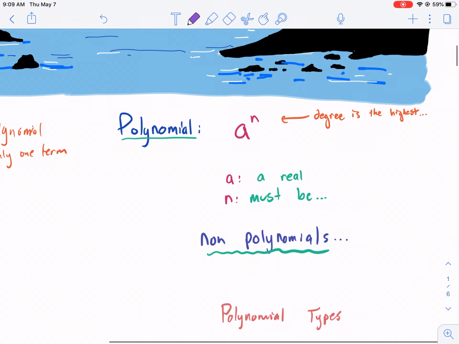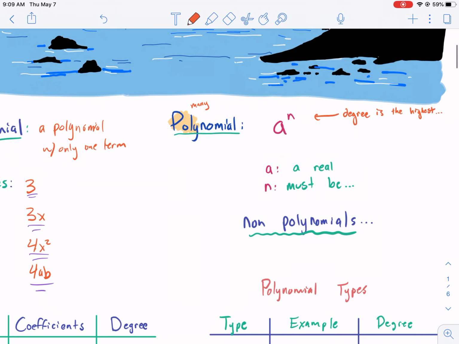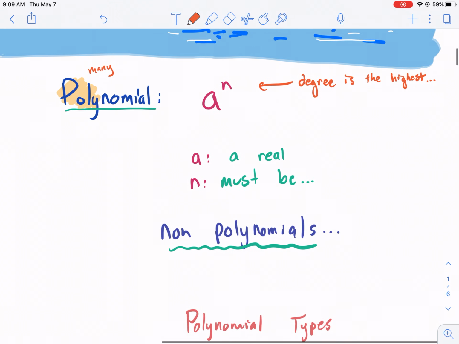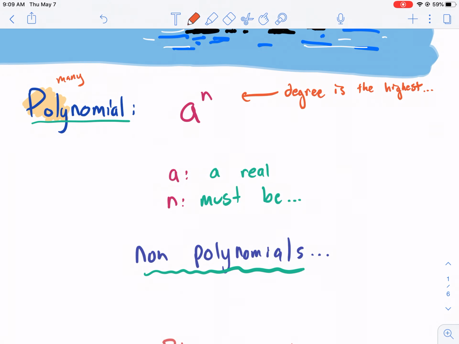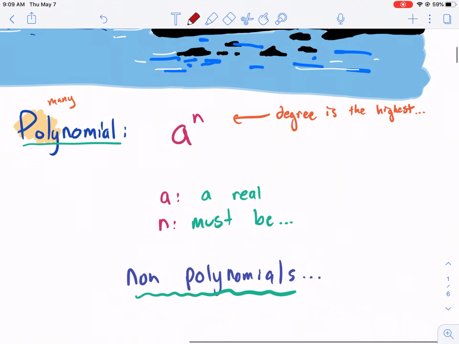Now, when we're talking about a polynomial, poly is a prefix that means many. So let me write that down. So this means many. You might hear poly, especially in science class, and you might see it in other terms as well. Like a polygon in math is a shape with more than three sides, so it has many sides. So a polynomial has multiple terms, and you can classify polynomials by their degree, and the degree is the